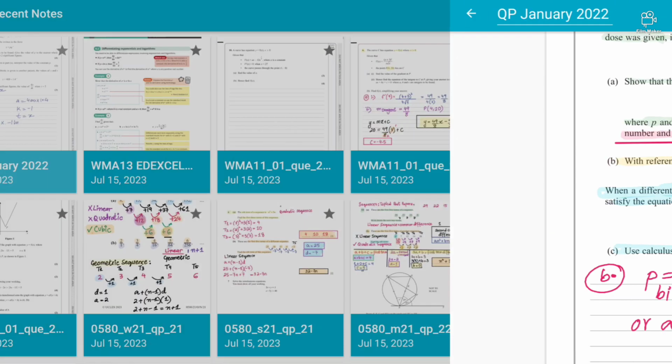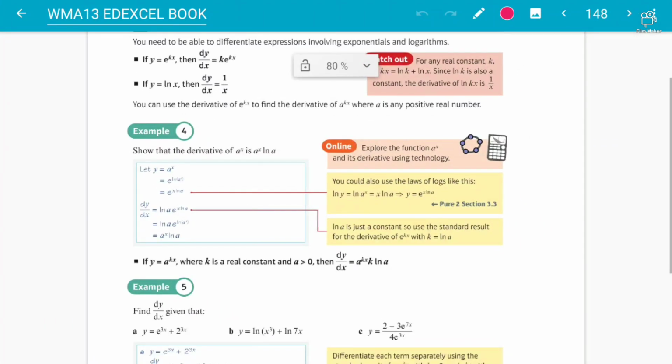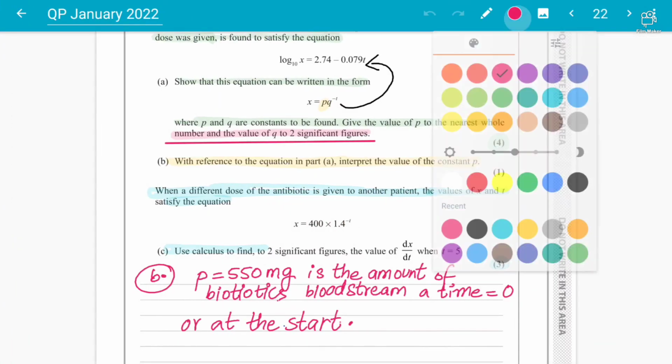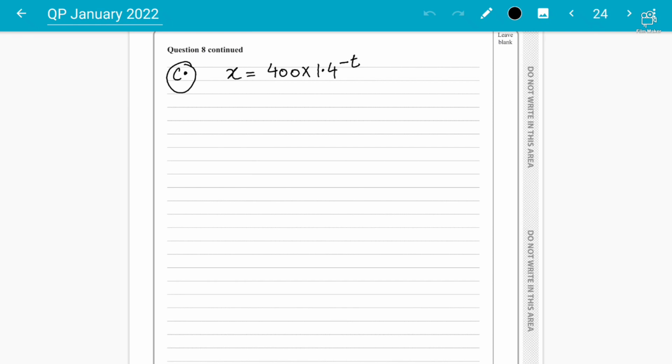So let me just give you a quick basic from here, that when you have y is equal to a power kx, that is how you differentiate, okay? A power kx, k times ln a. So this is what the differentiation will be applied here. So let's just work this out, okay? Follow very carefully. If y is equal to a to the power kx, the differentiation of this is basically this thing copied as it is, and then you write down multiply by k times ln a, okay? So a power kx, you write down the function as it is, and k times ln a you multiply, okay